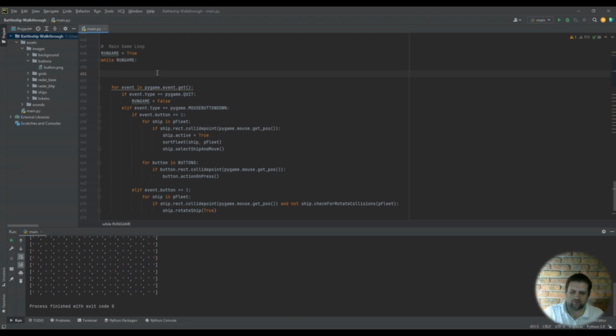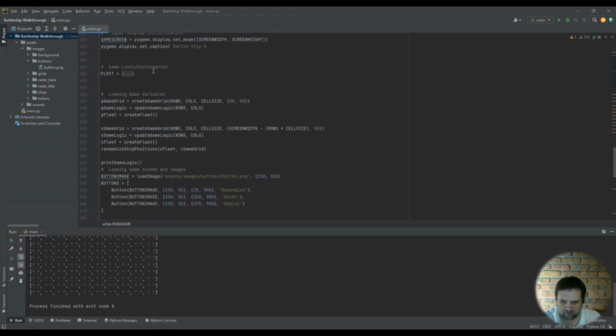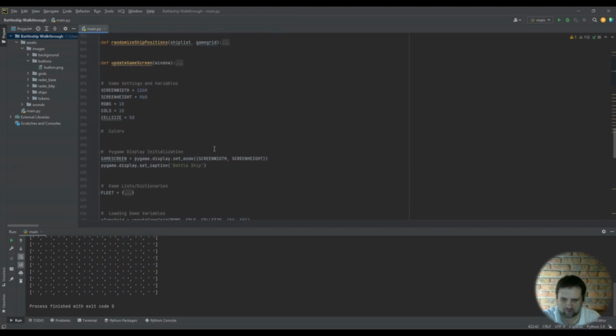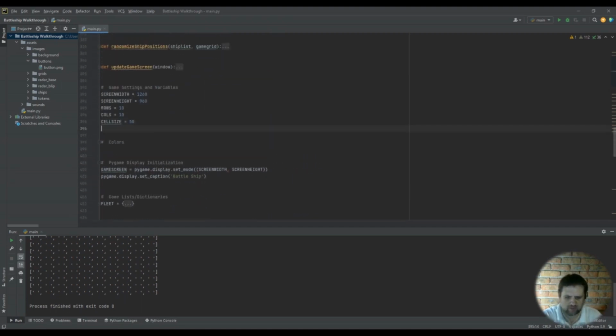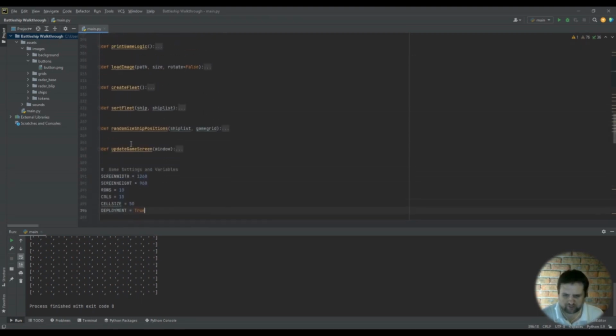Alright, so what I was thinking we could do is we create our variable still. So learning game variables over here. Let's go to our game settings and variables rather. From there we'll call it deployment. And because we're in the deployment phase as we start, we'll call it true for now. We'll create a regular utility function under my randomized ship positions. Say